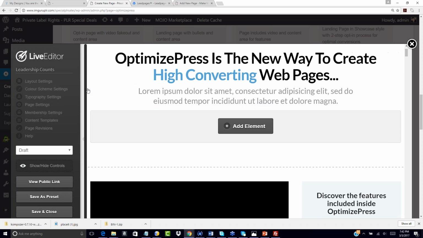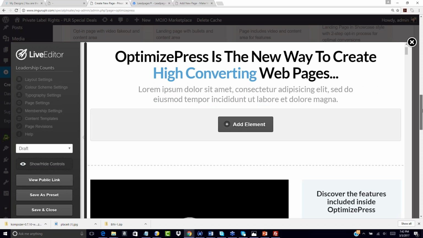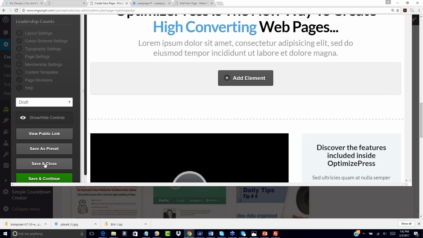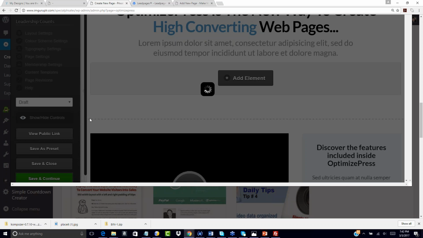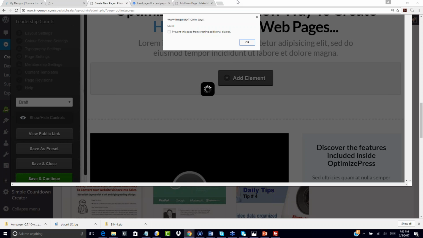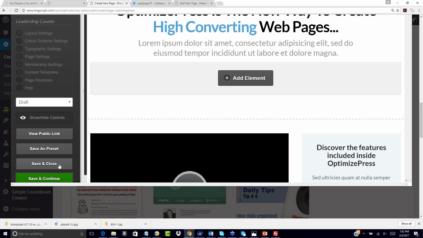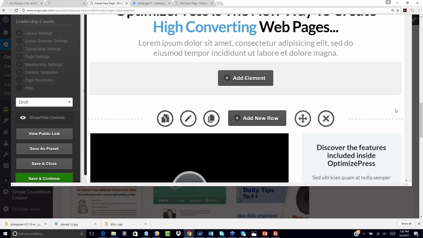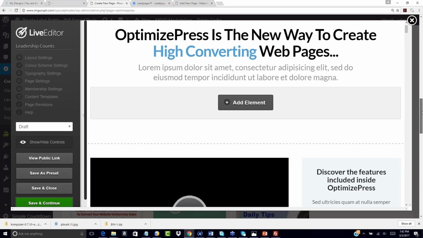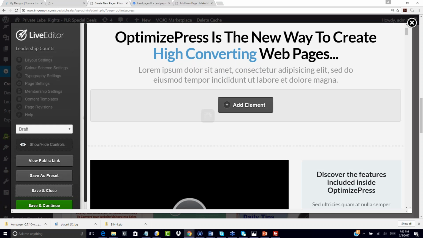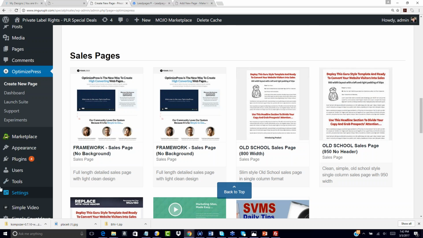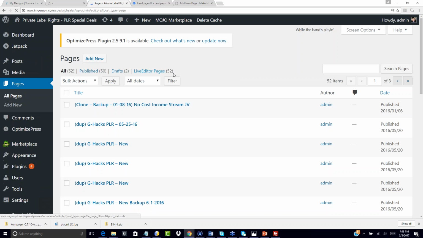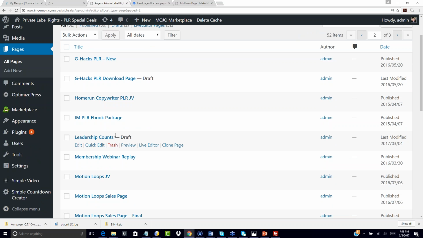There we go. And then after you make any change inside OptimizePress, I'm always cautious about hitting save and continue. To me, that's really important. So now that we've made a couple of tweaks there, what I always do too, it's kind of a paranoid thing, but this is just how I am. I go to save and close over here in OptimizePress, and then I'm going to go to where it says pages, and then I'm going to look for the page I'm working with, so leadership counts, and then I'm going to click in here,